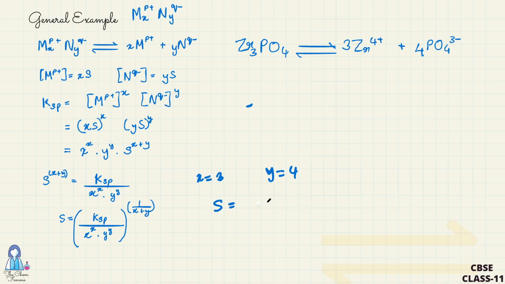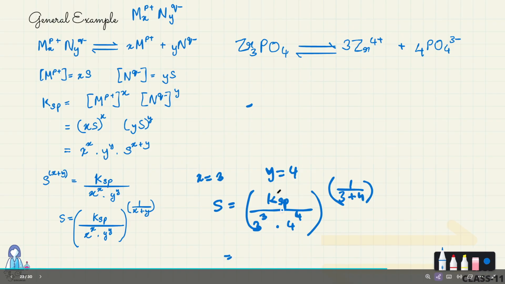So S would be equal to KSP divided by x, which is 3 to the power 3, into y, which is 4 to the power 4, whole to the power 1 by 3 plus 4, which is 1 by 7. So we have 1 by 7 KSP, which is